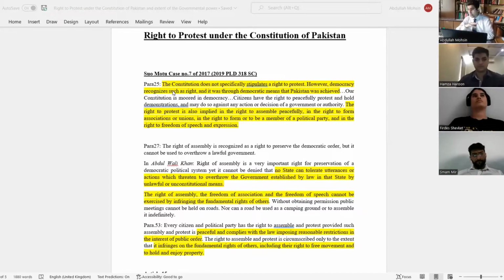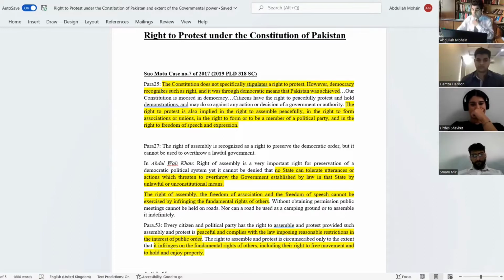So I'll briefly go through these judgments, and then I can hand over the forum to sum up. Suo motu case number 7: the constitution does not specifically stipulate a right to protest. However, democracy recognizes such a right, and it was through democratic means that Pakistan was achieved. The right to protest is also implied in the right to assemble peacefully, in the right to form associations or unions, in the right to form or be a member of a political party, in the right to freedom